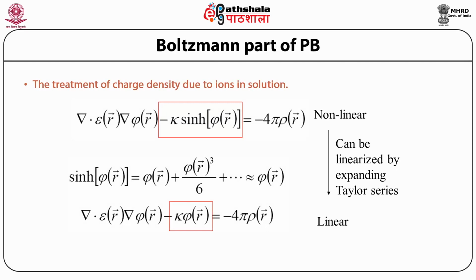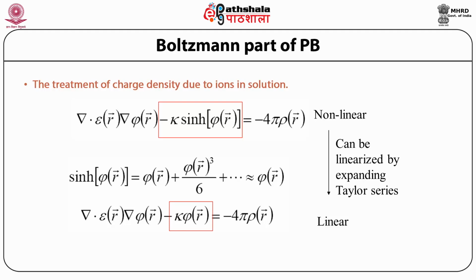Now, the Poisson expression I have given you, and now we approximate, that is, we introduce this function which is shown in the red rectangle and use it as a non-linear function. It can be linearized by expanding in a Taylor series, as shown at the bottom. However, we can ignore the higher-order terms if we linearize it. But if it is a case